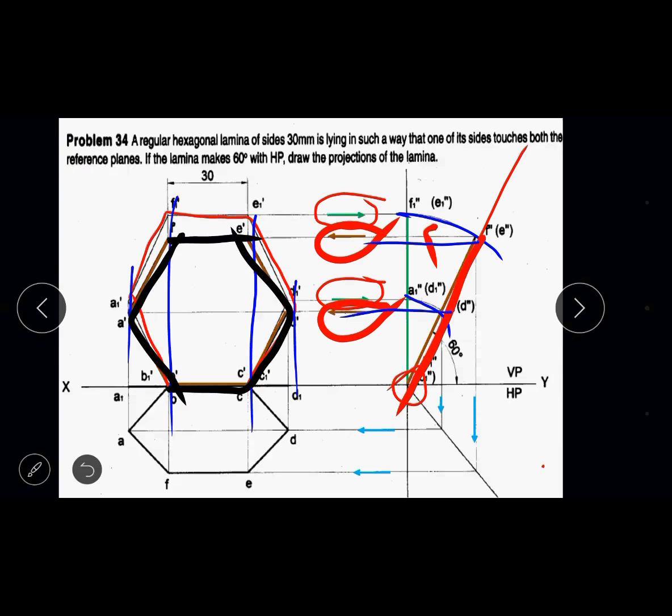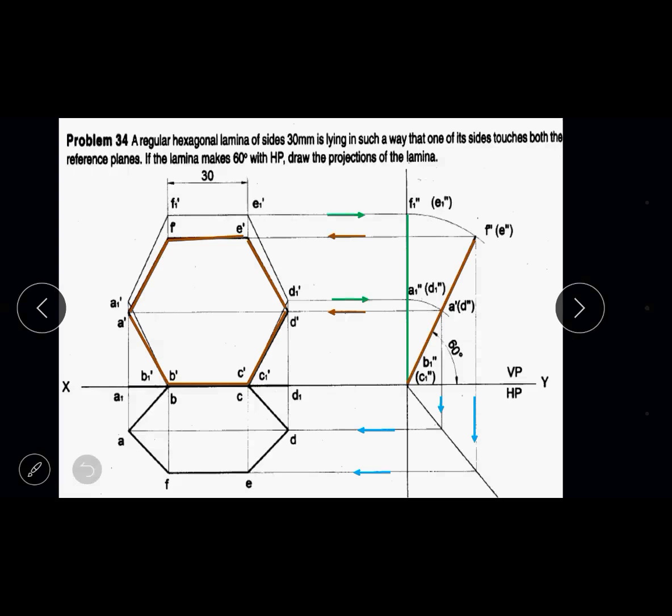So to get the top view, what do I have to do? I'll just erase this and get back over here. So we have obtained two types of front views and two types of side views. After getting the front views and side views, how to get the top view? To get the top view, we will be constructing a 45-degree line.